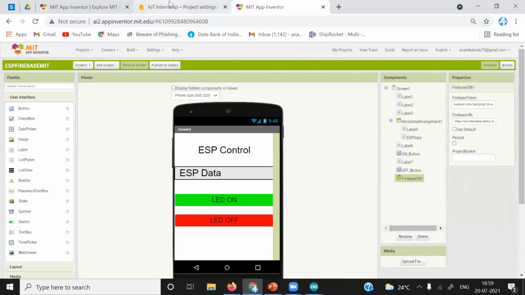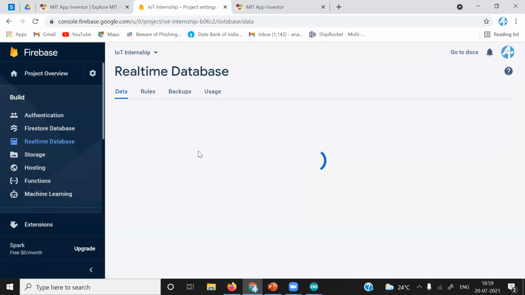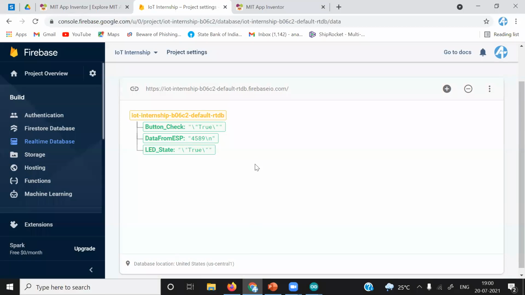Okay, the application has connected to the platform. Now we will check whether we are able to interact with the real-time database or not.